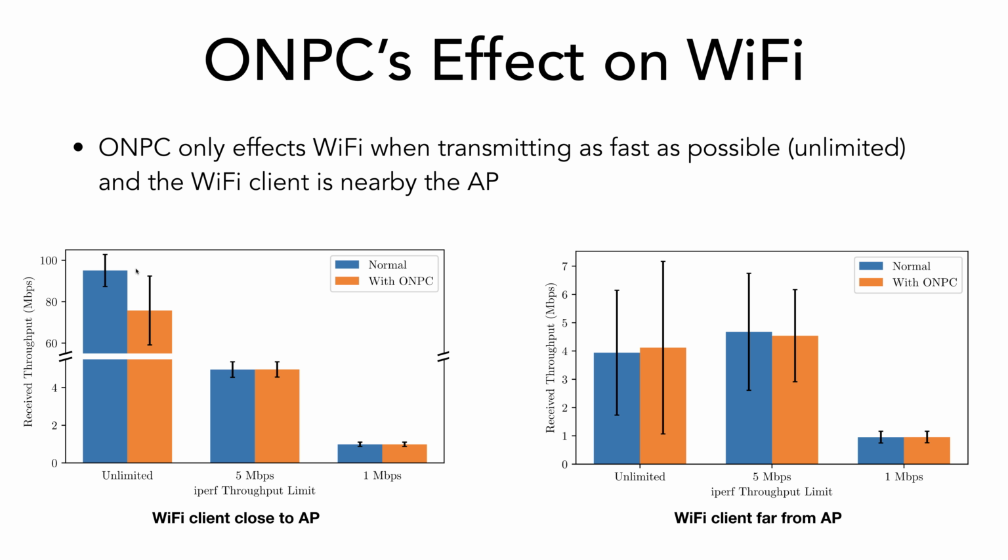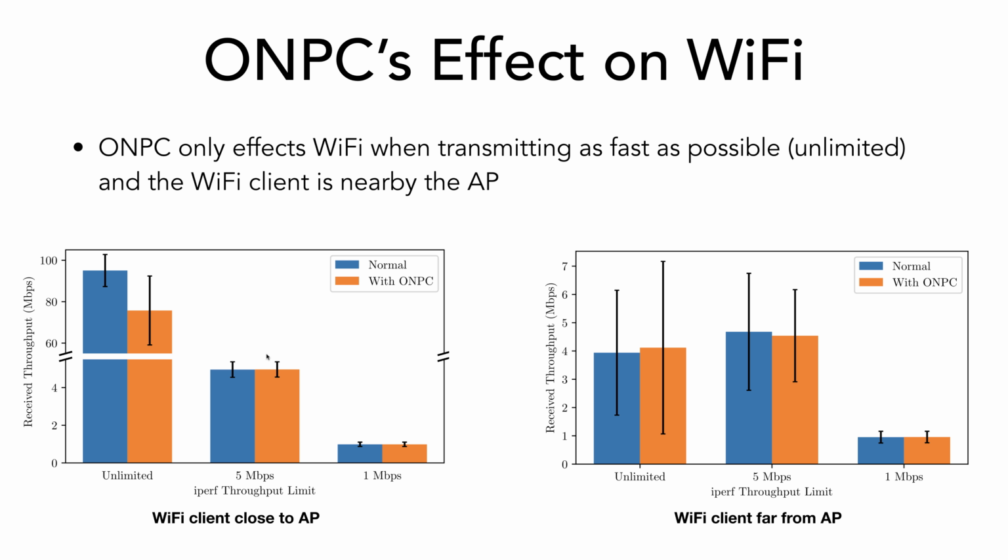But I should be clear, it's not interfering. It's just using carrier sensing. And so you're going to have to share the channel periodically. So it's not doing anything that another client wouldn't do. So it's not being destructive in any way or interfering. It's just doing normal Wi-Fi type things where it's using carrier sensing. So only under that condition where there's a drop. Any other case, you're not using the maximum data rate, and so ONPC and this transmission that you're doing actually can fit in really nicely together and has very little impact.